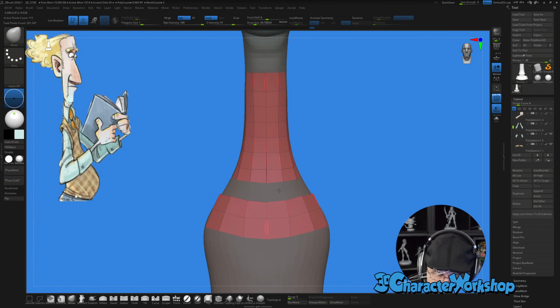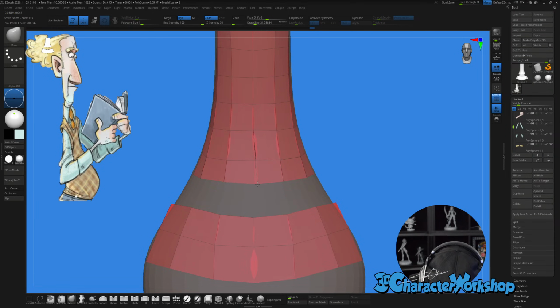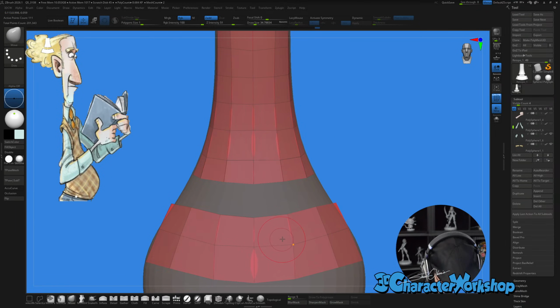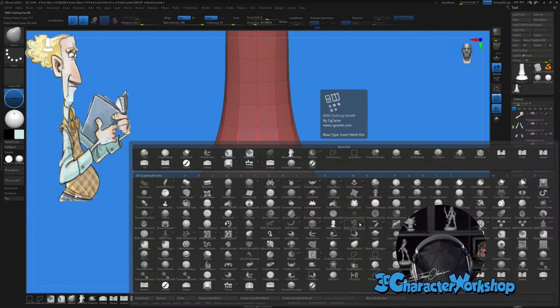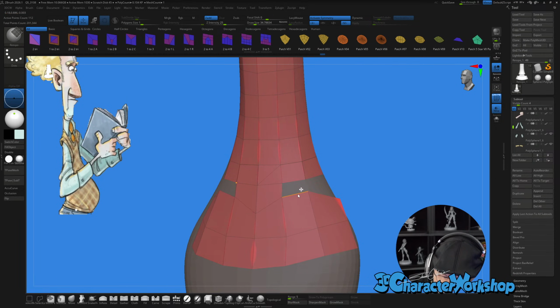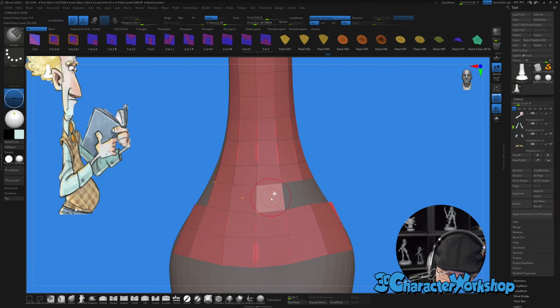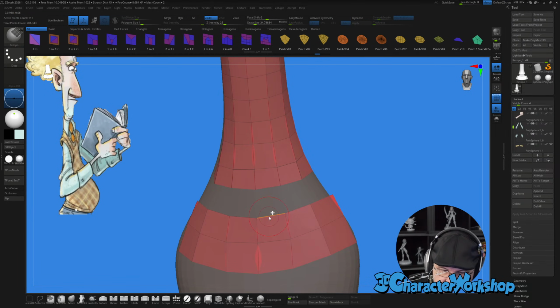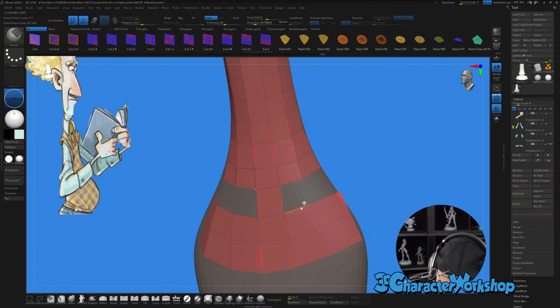Okay, mirror and weld. Why is it still having issues? Okay, mirror and weld. Let's try the retop brush again. Whoops, let me turn on symmetry. Oh, it made a weird, it's like crisscrossing everywhere. Okay, I'm going to leave symmetry off for a second and just go around it like this.